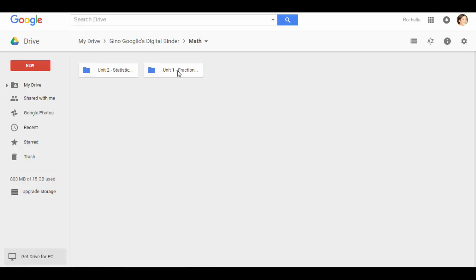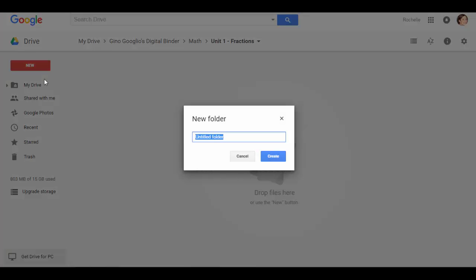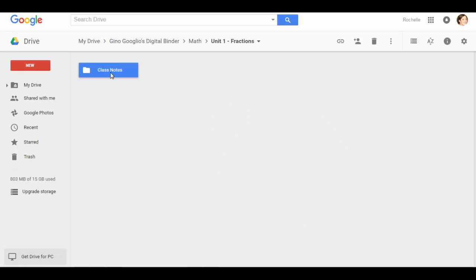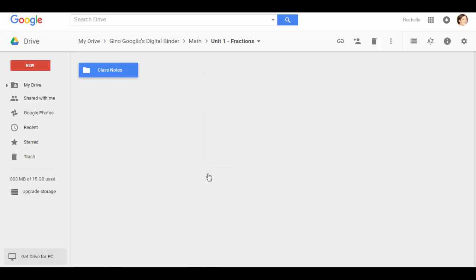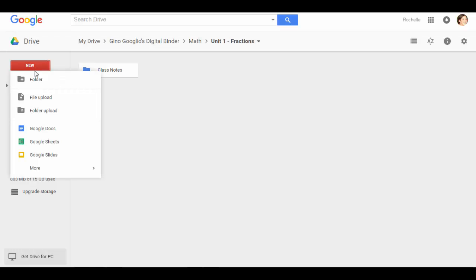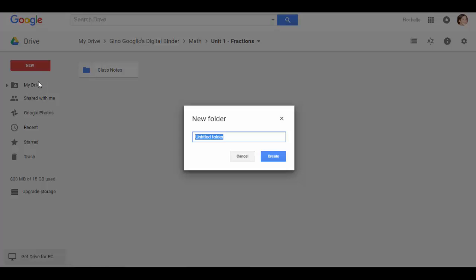Within the unit, you can click on this. So I'm going to go back to Unit 1 Fractions. I'm going to create another folder, and that is going to be Class Notes. And I'm going to create that, and once again, right-click and color code that blue. And then again, folder, test review,